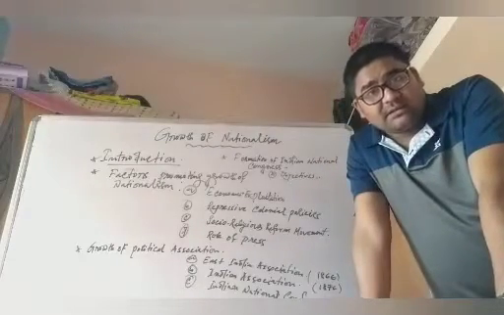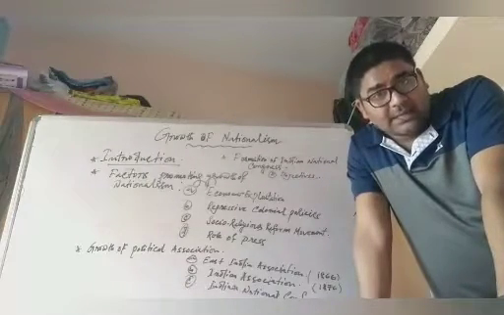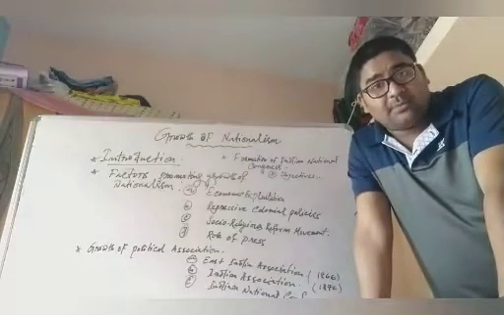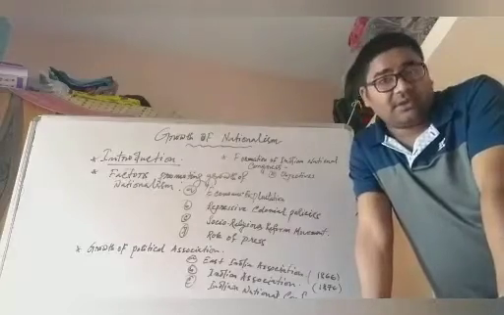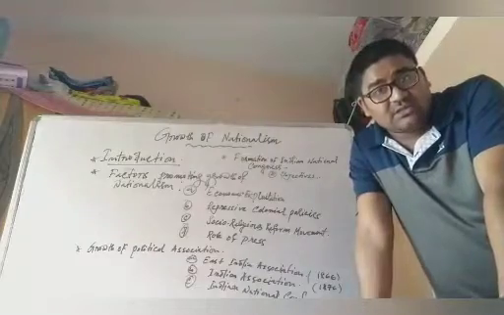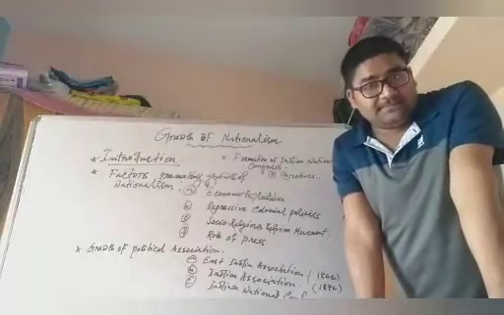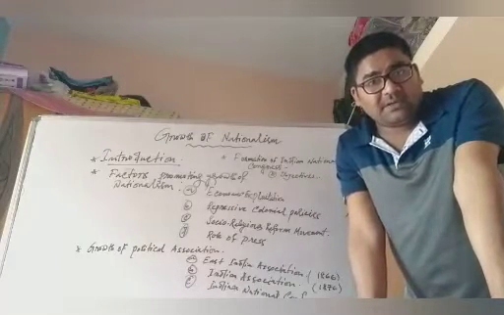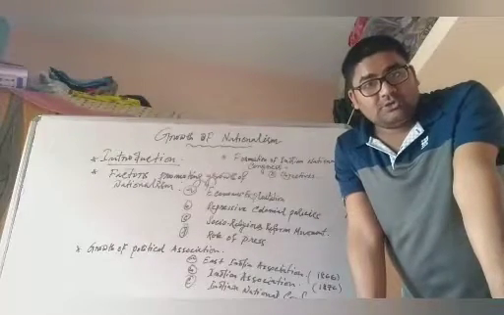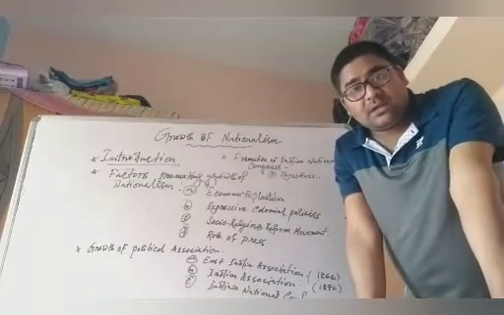But when that right was given, all the Europeans in India, especially, opposed that bill because they felt they were superior and Indians were inferior. So they said Indians don't have a right to judge a European. Due to the pressure of the European communities, the British government was forced to withdraw that bill, and that was popularly known as the Ilbert Bill controversy.